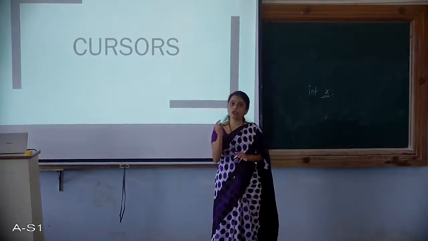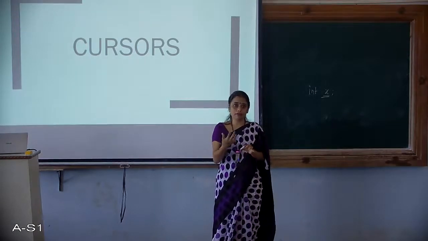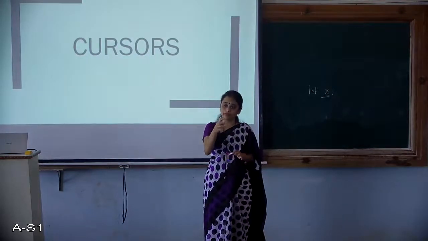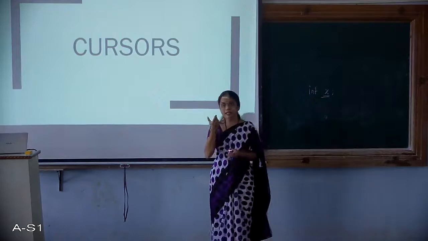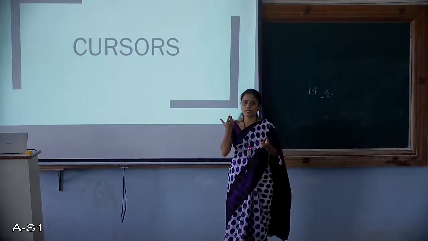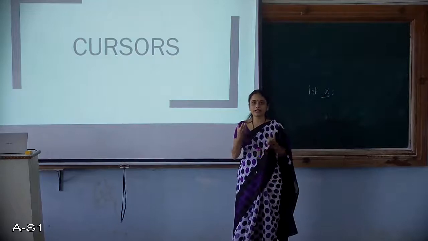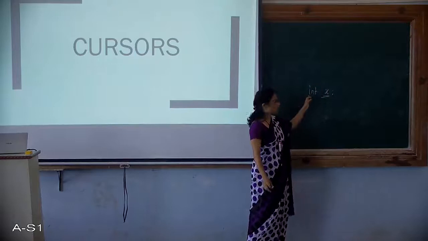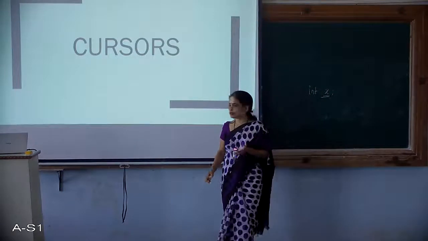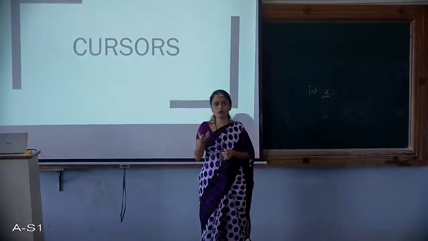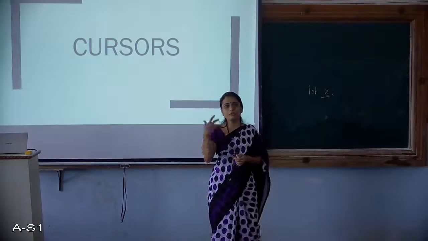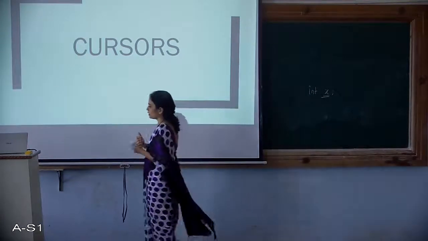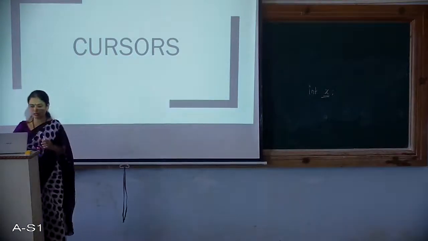Also your name is your identifier, my name is my identifier, that is how I am identified, that is how you are identified. That is why the term identifier. An identifier is something which will help you identify a certain element. So x is helping me identify a variable which is of integer type. So a cursor also would be called an identifier to a particular memory location, and the purpose is as I told you. So this was a small introduction to what cursors are.